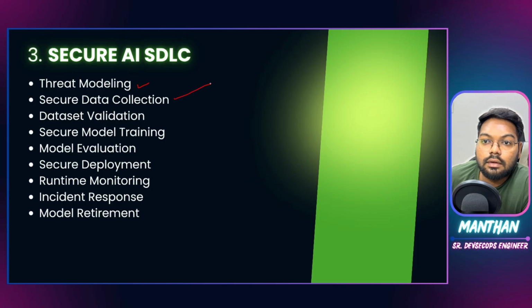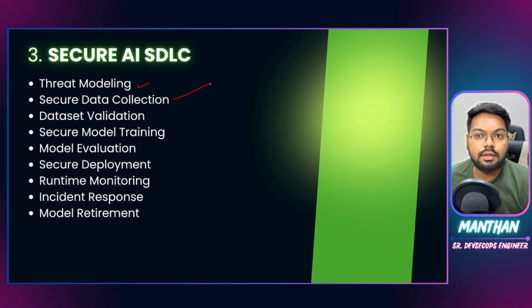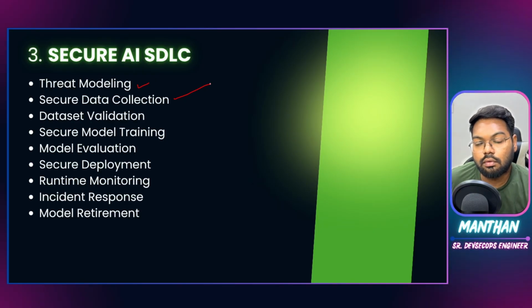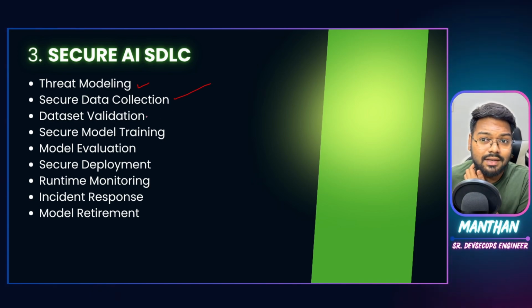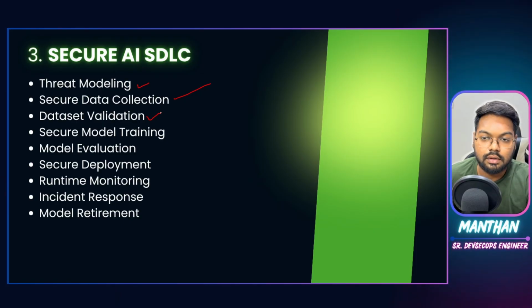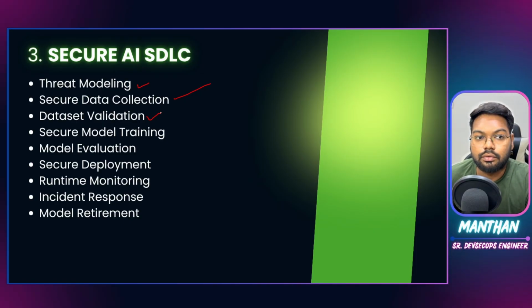Then the secure data collection phase, where I told you about what is the source of your data. How are you training your model, on what data? Is it authentic? Is it secure? That is what you have to check. So secure data collection is one of the most important things that you should be knowing. And then once it is collected, you need to validate that data set. How is it sanitized, or how is it cleaned, how is it labeled, and some kind of thing. So if you want to know some bits and pieces of this, you can look at the other video that we have made for data science and data analysis.